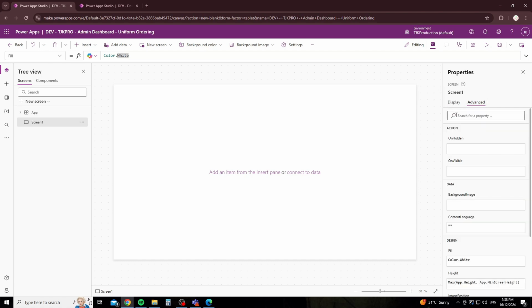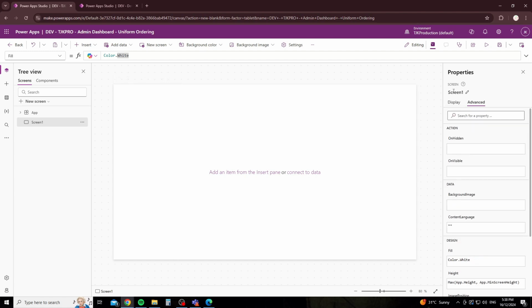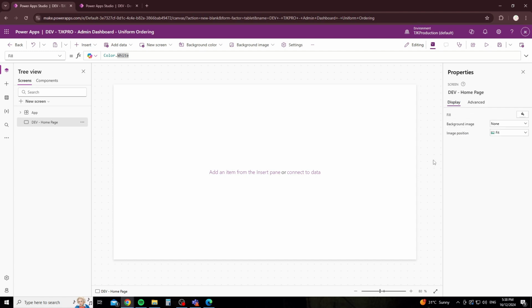You've got advanced. Advanced will show you every single property that's in this screen, or the asset that was selected. If you want to change the name of this asset, you can press it up here. You just click on here and you can type in whatever you want. So let's just call this dev homepage. Once again, I'm using dev as a way of being able to find things quickly when I'm searching in Power Apps, which we'll soon see. And as you can see over here, it changes the name of it as well, right, in your tree view,